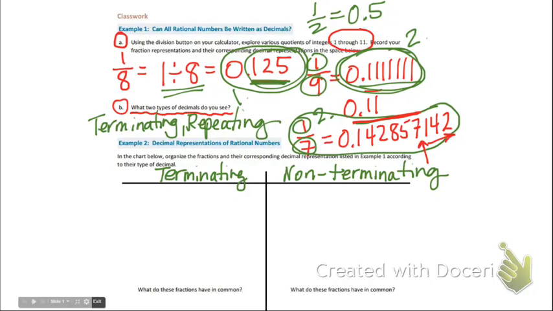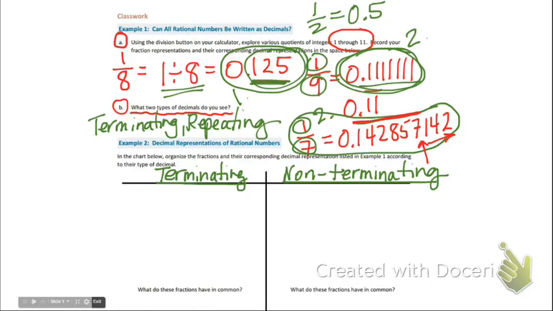Okay, so in that table on your first page in your binder, go ahead and organize those fractions that you made. Maybe you made some, maybe you didn't make any. If you haven't made any yet, go ahead and do so. And then once you come up with several, organize them in this chart based on terminating. You can see those that are terminating on the left-hand side and those that we're going to call non-terminating